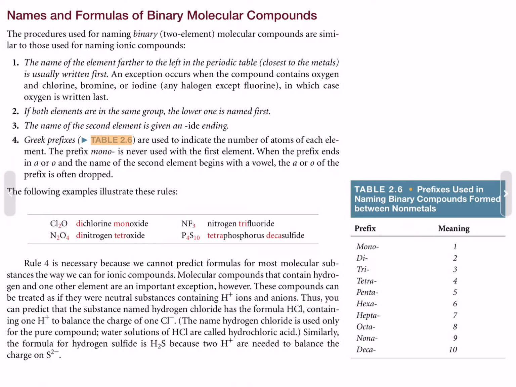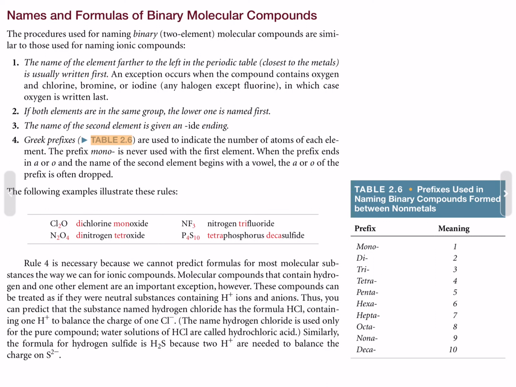Rule 4 is necessary because we cannot predict formulas for most molecular substances the way we can for ionic compounds. Molecular compounds that contain hydrogen and one other element are an important exception. These compounds can be treated as if they were neutral substances containing hydrogen ions and anions. Thus, you can predict the substance named hydrogen chloride has the formula HCl, containing one hydrogen to balance the charge